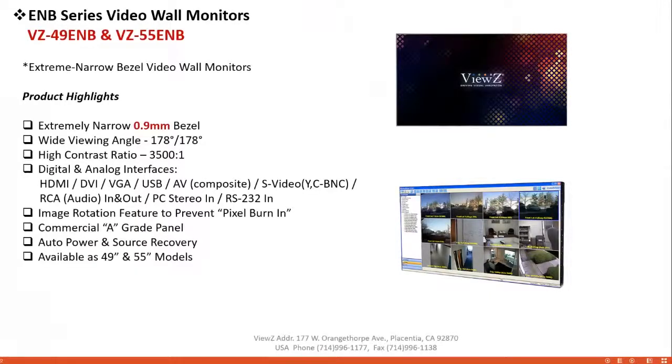Okay, now moving on to our EMB series video monitor. This is our extreme narrow bezel video monitor. With video monitors, the narrower you get, the fancier they are, and they also tend to cost more. But video wall is, once again, largely about appearance. So this will guarantee that your video wall looks very aesthetically pleasing without any significant gaps. Whereas the UNBS series is considered ultra narrow bezel, this is extreme narrow bezel